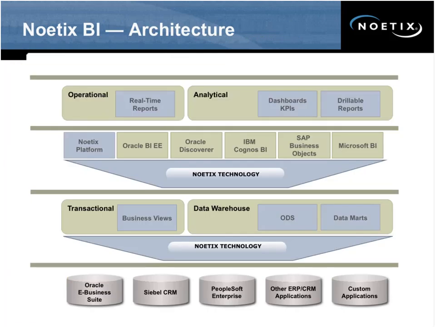Architecturally, what this looks like is at the bottom, we have our data sources. eBusiness Suite is the most important one for us, but we can integrate with the others, as I'll talk about in a minute. On top of those data sources, we create the two data models that I just talked about. On the left side, we have the transactional business views. That's the Noetics Views product that provides real-time operational reporting. On the right side, we have the packaged data warehouse from Noetics Analytics.